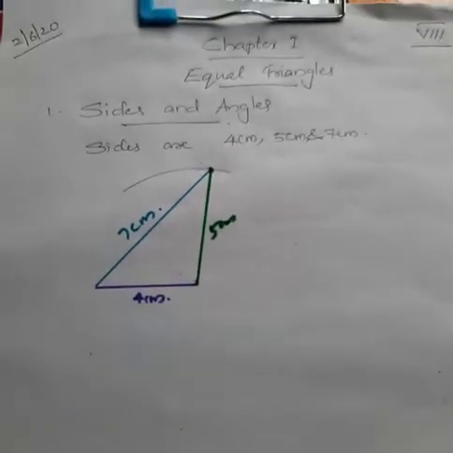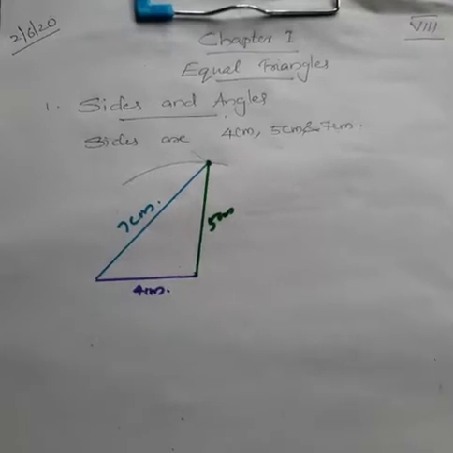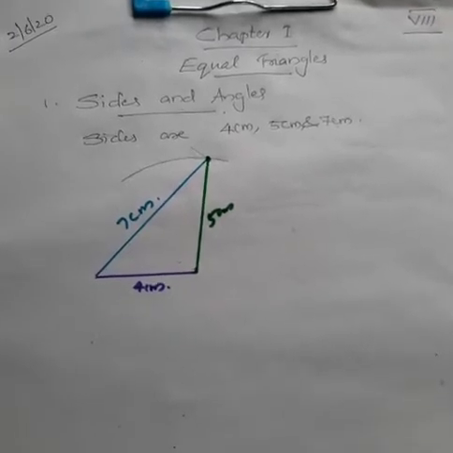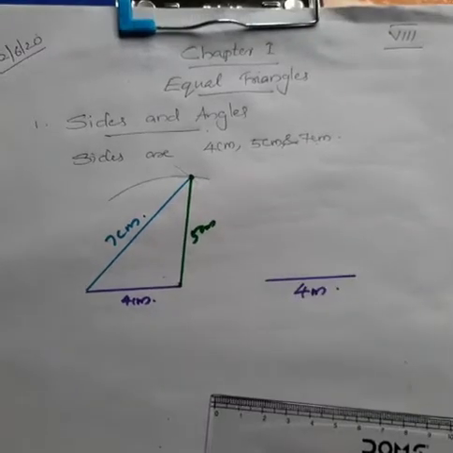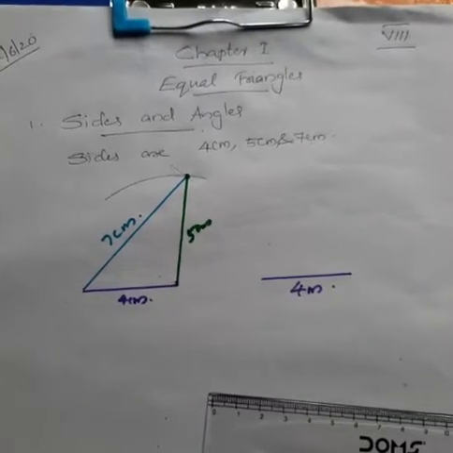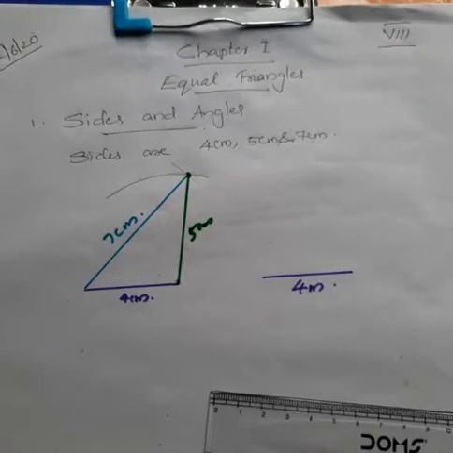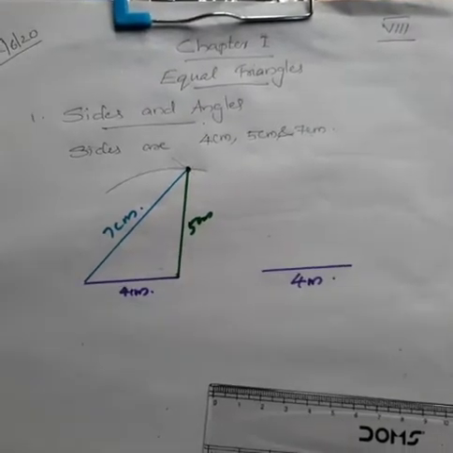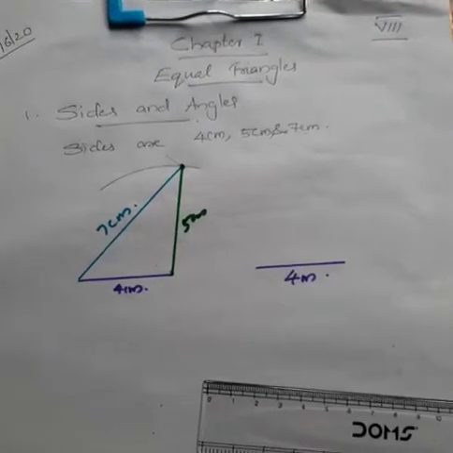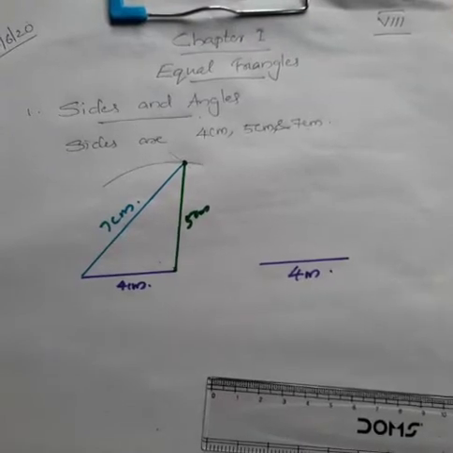And 4 cm is kept as a base, and I draw a diagram here. Can you draw one more picture with the same 4 cm as base? Keeping the base as 4 cm, we can draw 2 pictures using these values. So first I drew here. The second picture you can see here. Keep the 4 cm as base.